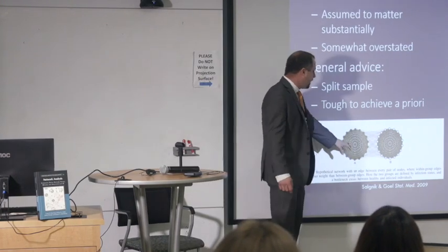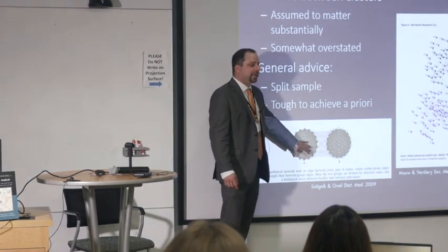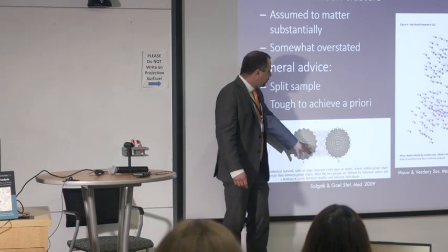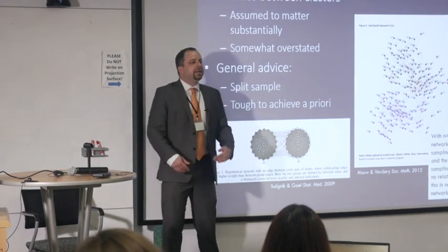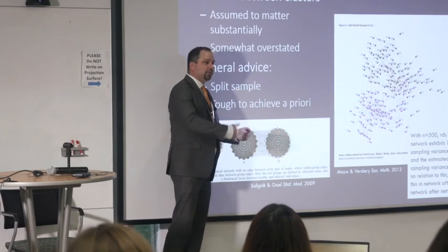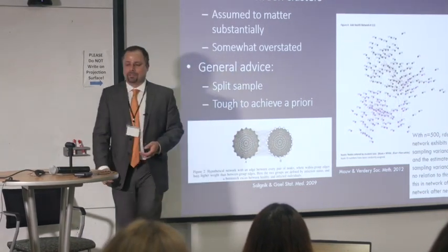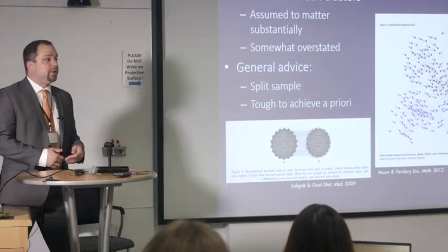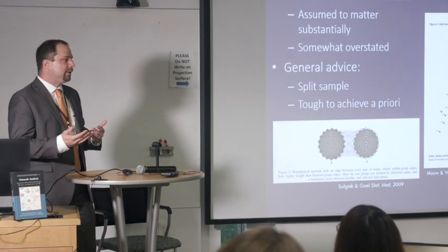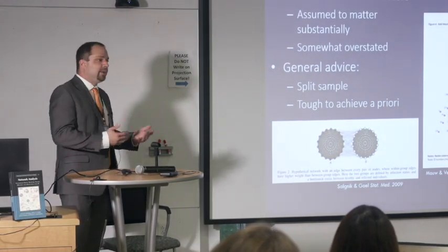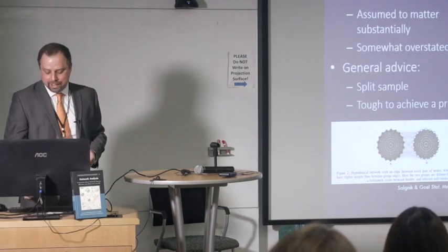The classic example was from a Salganik and Heckathorn paper early on, where they argued if you had a structure like this, the key thing would be to split the network and do two separate RDSs in that circumstance. However, that can be difficult to know a priori if there is that structure in the network, in which case you could end up with severe biases in your estimates.